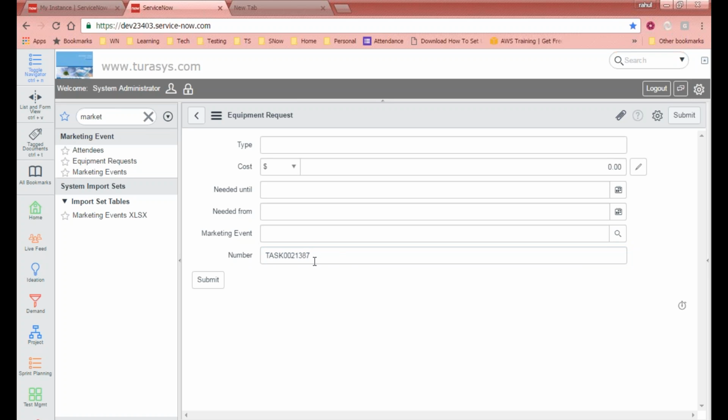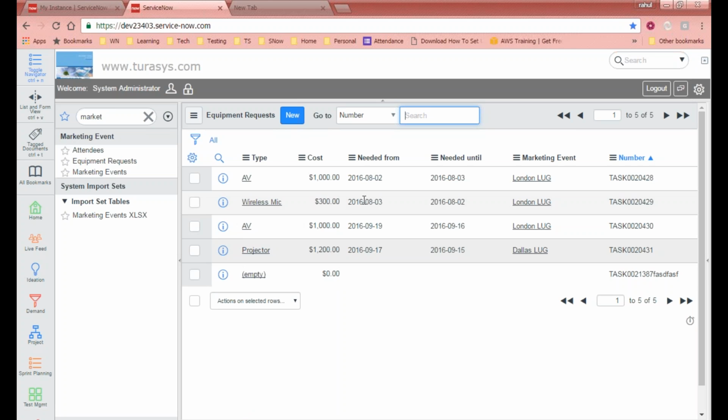So the values are filled automatically, but I want to disable this. I don't want somebody to change the task number here, right? Because that's a unique field and I do not want to play with it. So on the form load, I want to keep this disabled, and then we can write a client script on submit that will make sure that